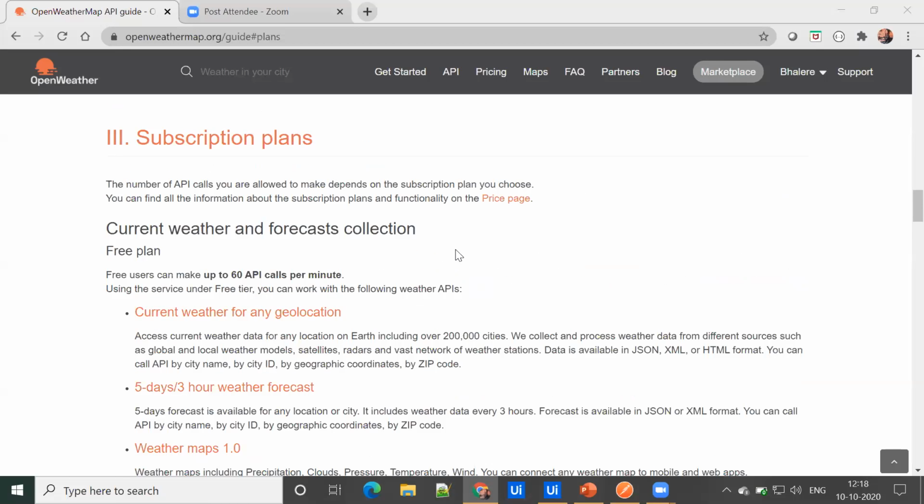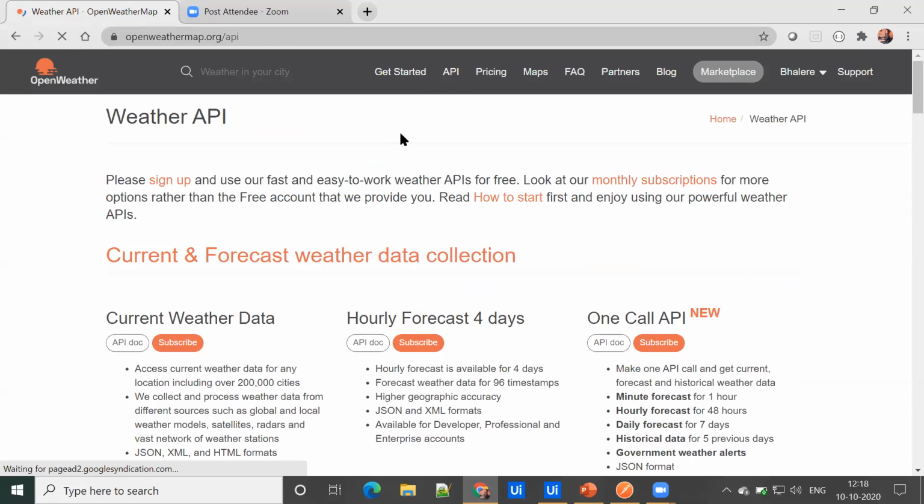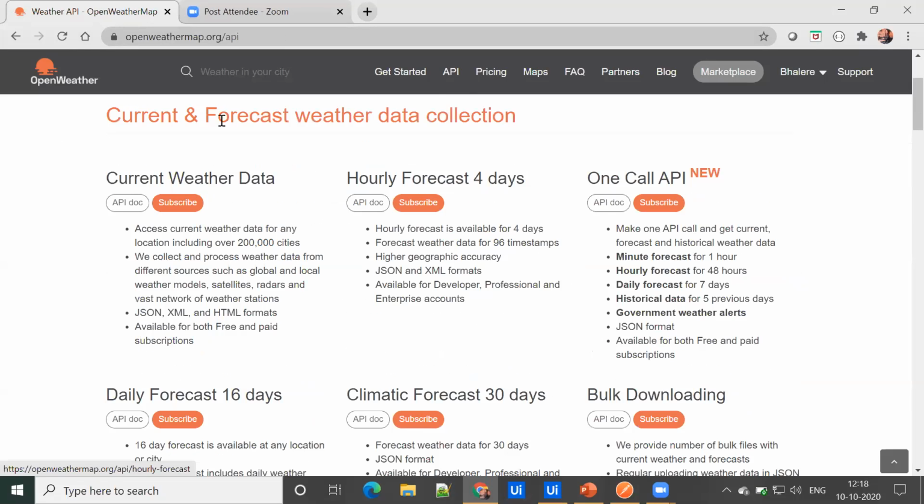So for demonstration purposes, I'm using the openweathermap.org website. This is basically giving a forecast or weather of a particular city. If you go to the API section, you can find a lot of APIs for current and forecast weather.